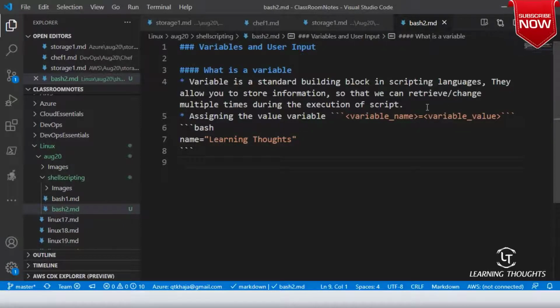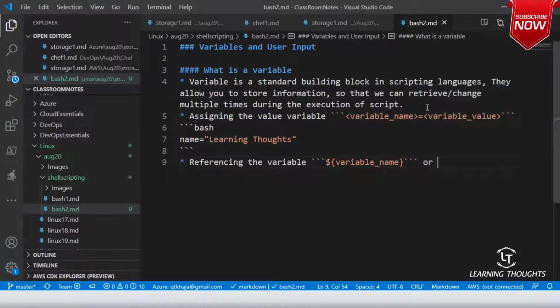After assigning the variable, it doesn't make sense unless you use it. So, referencing a variable: the syntax is dollar variable_name, or you can refer to it with curly braces around the variable name.